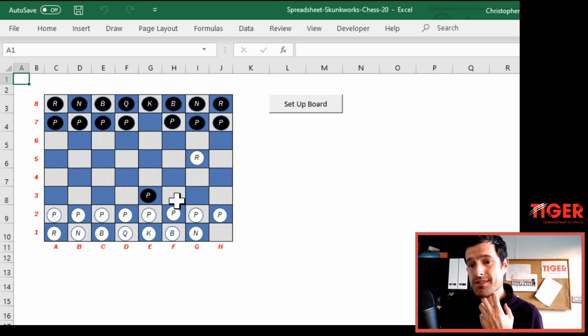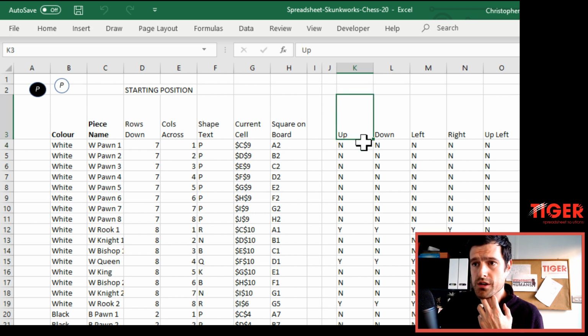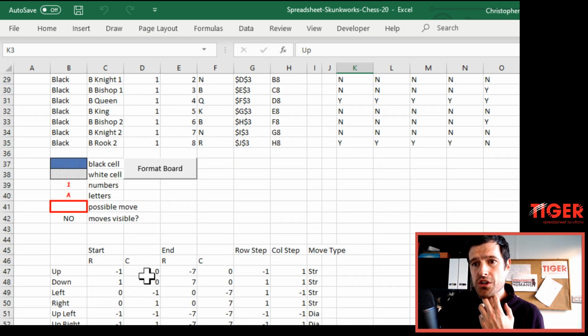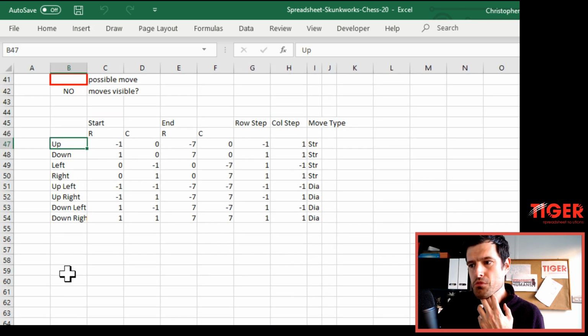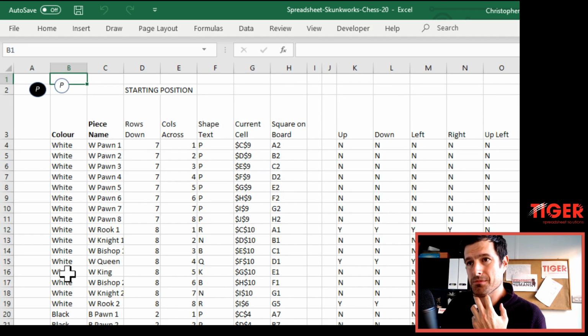So at the moment, I've only programmed in the queen and the rook. And what you'll notice here, you'll be familiar with our little moves table that works like this. So the concept is that we're going to talk about move types now. So moving the piece up, moving the piece down, moving the piece left and right. And then we're going to build in more move types as we go along. And then what I've done is I've put these move types in the table at the top. So this table,